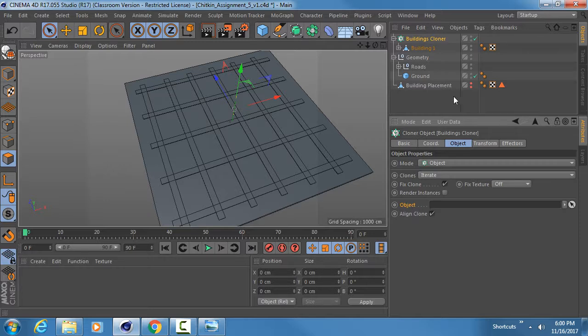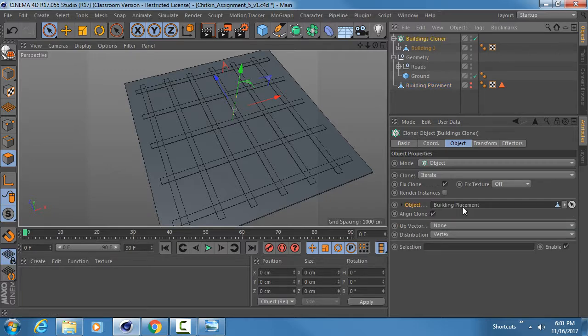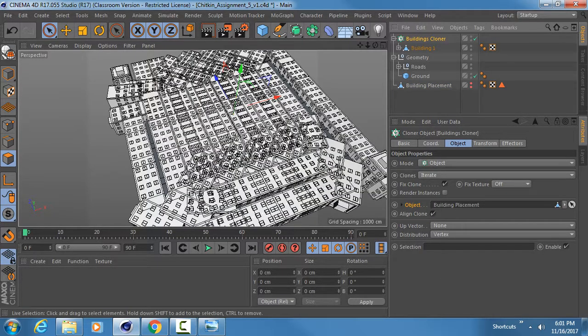I would recommend real quick, save your file before you do this. If you're following along step by step, really save, because this could crash. But you want to drag, in my case, the building placement ground, the one that I just made with my selection tag. I want to drag that object into this object slot. And then now we can see, this is why I said save,